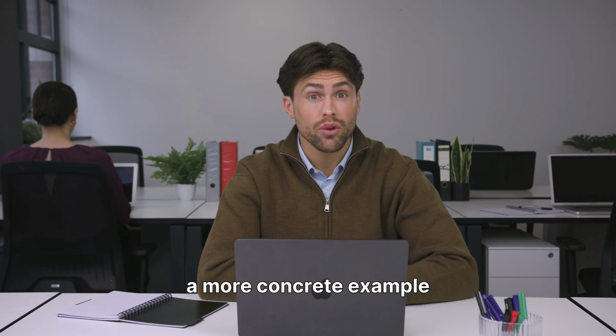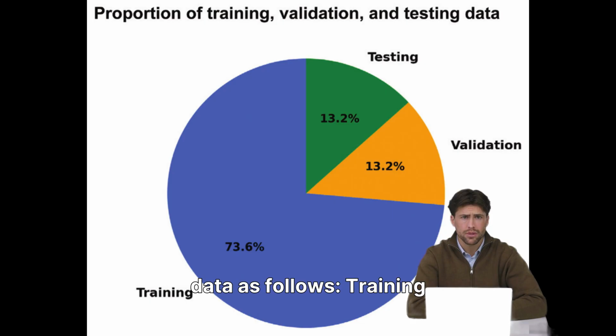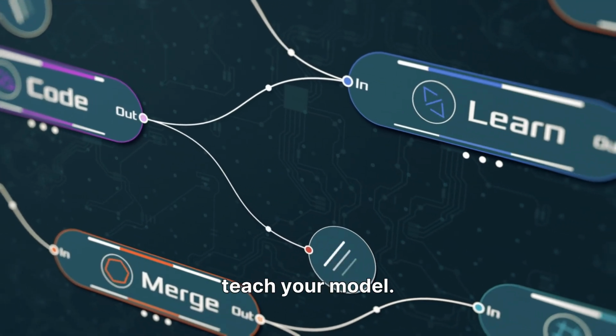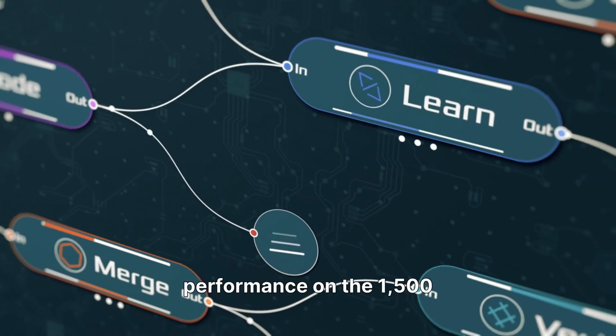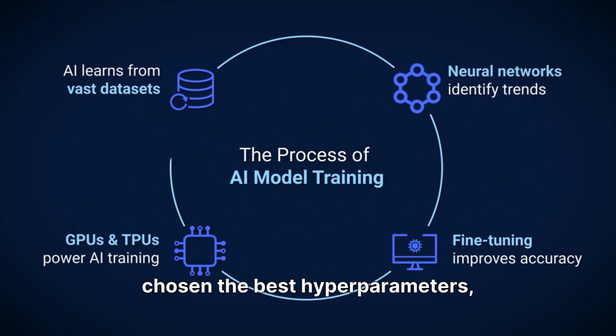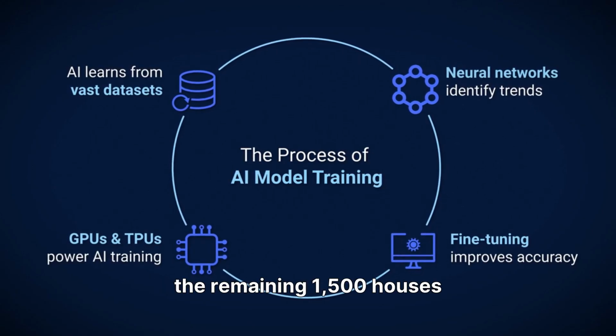Now, let's look at a more concrete example to illustrate this. Say you have a dataset of 10,000 houses. You might split this data as follows: training set, 70% or 7,000 houses; validation set, 15% or 1,500 houses; test set, 15% or 1,500 houses. During training, you'll use the 7,000 houses to teach your model. You'll periodically check its performance on the 1,500 houses in the validation set to see if it's improving. Once you're happy with the model and have chosen the best hyperparameters, you'll evaluate it on the remaining 1,500 houses